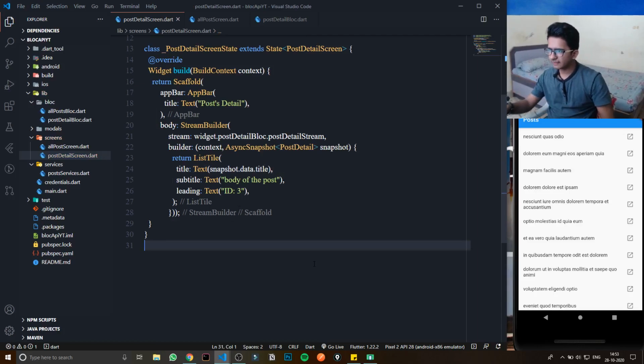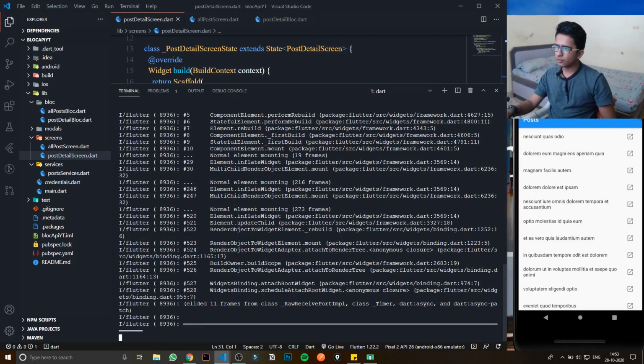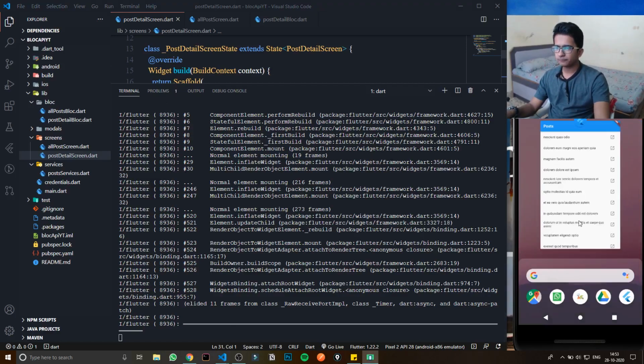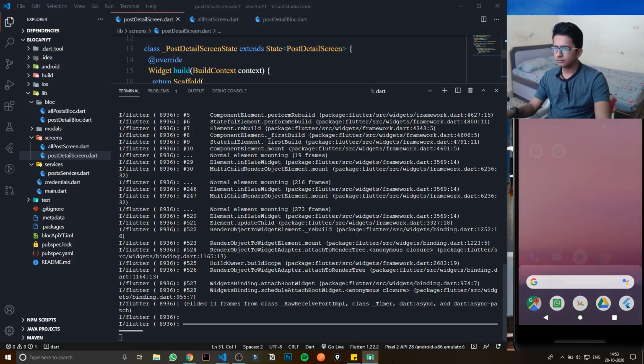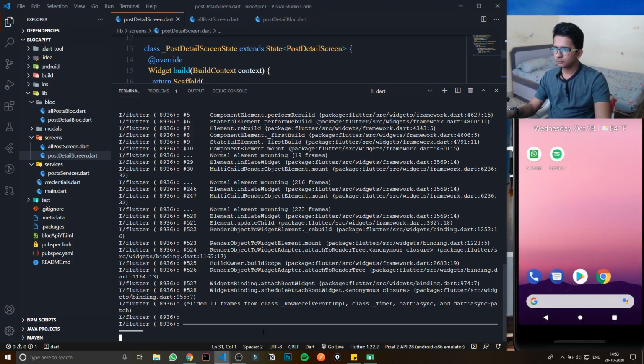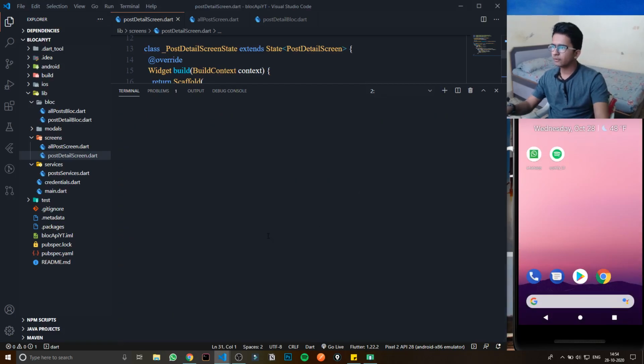So I will just restart the whole app. Okay, it's been stuck. Why has it been stuck? Okay, let's close this app. Okay, I will open one more terminal.